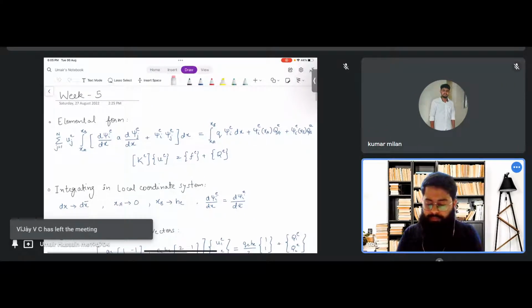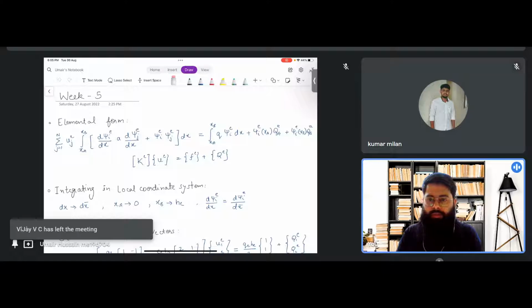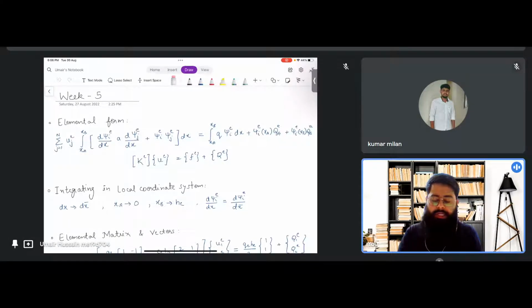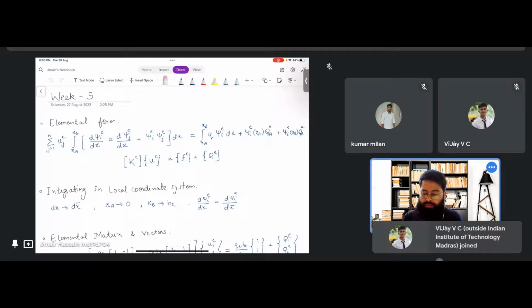We studied how the weak form is converted into an equation for each element, and then we even studied the transformation of coordinate system from global system to an elemental system. So we'll again revise